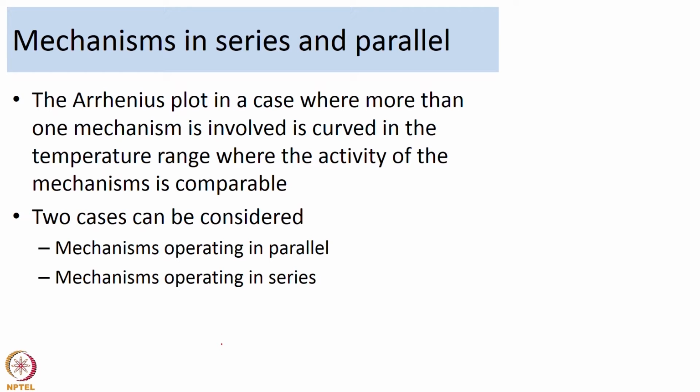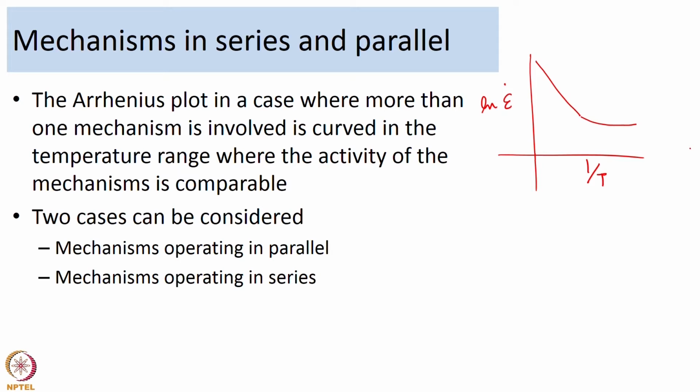So, the Arrhenius plot in a case where more than one mechanism is involved is curved in the temperature range where the activity of the mechanisms is comparable. So, if you have an Arrhenius plot, ln epsilon dot versus 1 over T, what this basically says is if you have only one mechanism operating, then you have a straight line, but if you have two mechanisms operating, then you may not see a straight line anymore, you may see a curved line, and the curvature of the line will depend on how much of a contribution is coming from the multiple mechanisms